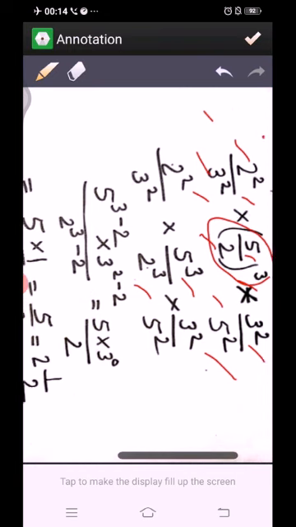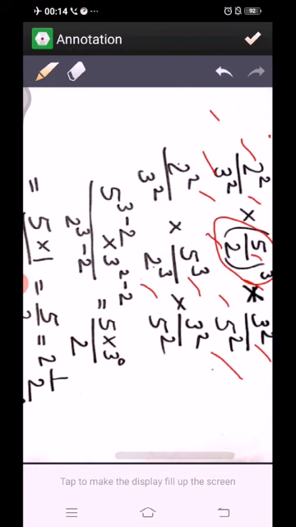Now we will collect all the powers together. 5 power 3, here we are given 5 power 3 and in denominator we are given 5 power 2. So this is division going on, so power will be subtracted. 5 power 3 minus 2. Similarly, we can see 3 power 2, and denominator also has 3 power 2, that is 3 power 2 minus 2, and in denominator here we have 2 power 3, so we can see 2 power 3 minus 2.